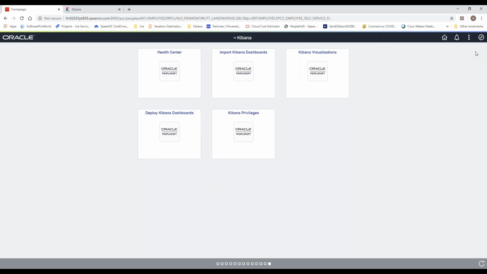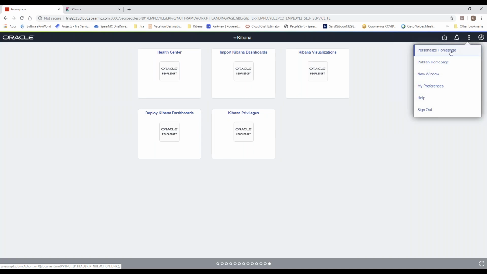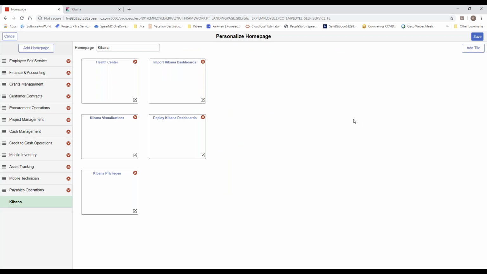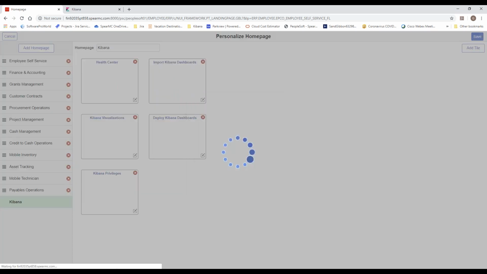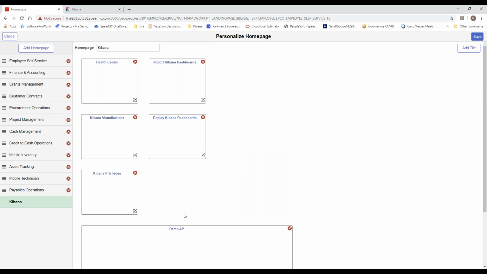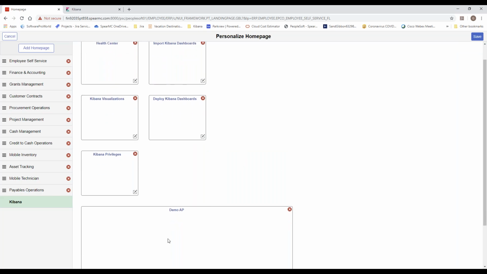So now that I have those here, I want to add what we just did into PeopleSoft. So at that point, I'm going to add a tile, and the tile that I'm going to add was this demo AP tile. And I've added this directly into this Kibana page.